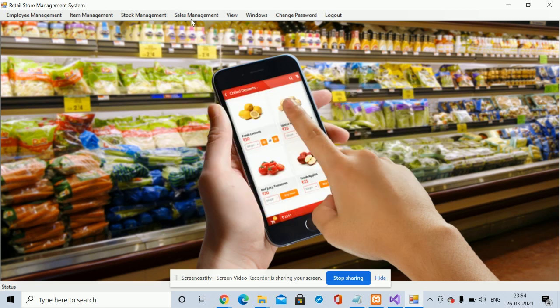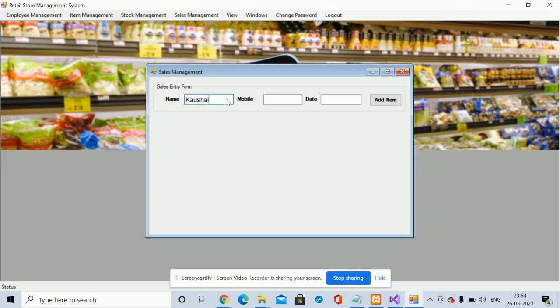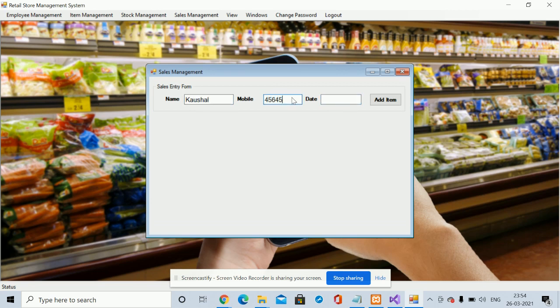This is a sales management, and this is add sales. This is a full sales form, right? Here you need to enter the name of the customer and the mobile and the date, right? Suppose it's 12 January, right?